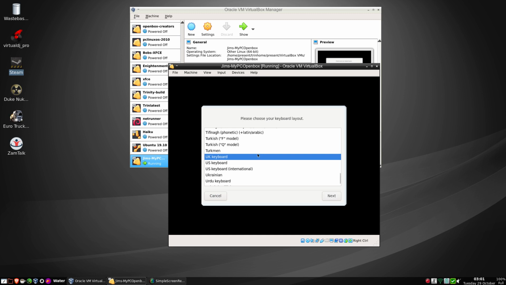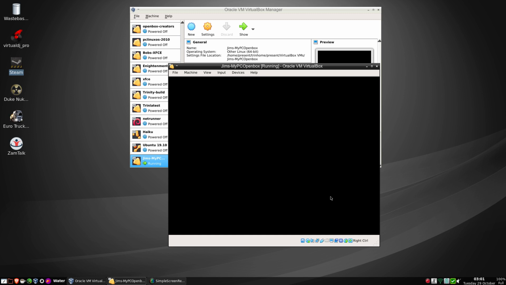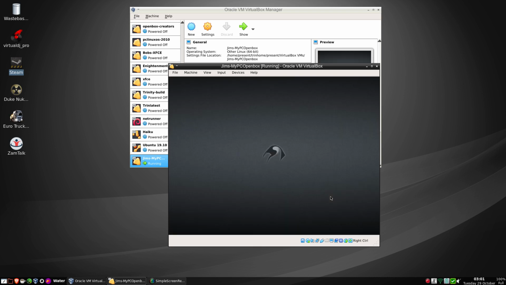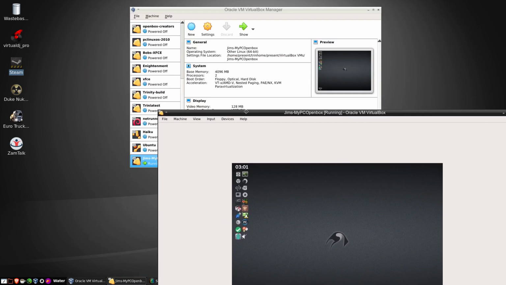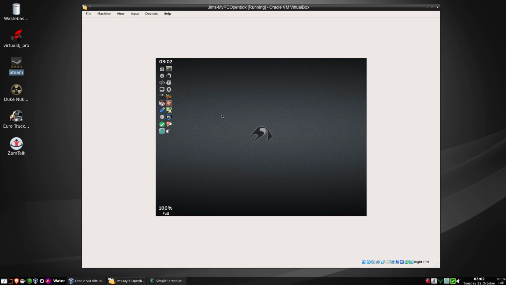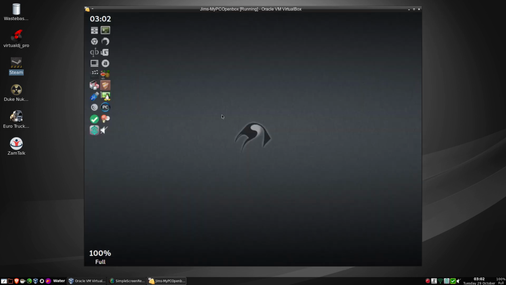So he's already got a UK keyboard set up there. I normally leave it at US. However, this is his respin and he can do what he likes. So we booted into an Openbox which is very different from mine. So if I can just Control-C this, I can. Okay, we're in scale mode now, and he's using tint2 here